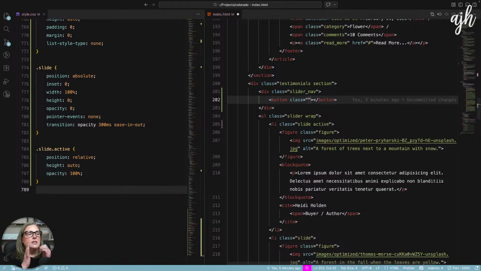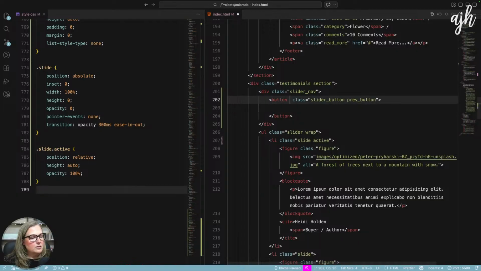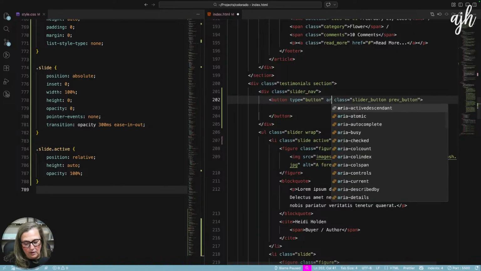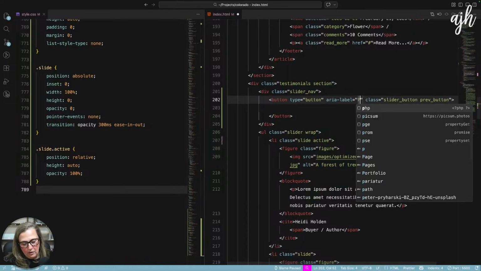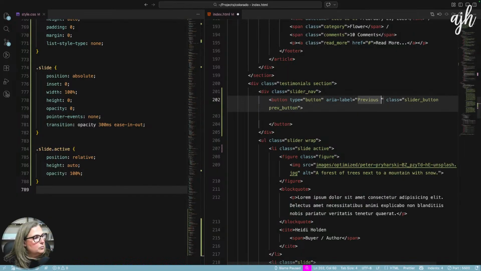On the right, it's next. So we're going to give these two classes, slider button, and then we'll say previous button. And then also this is a type equals button, and we'll want an ARIA label to say previous testimonial,